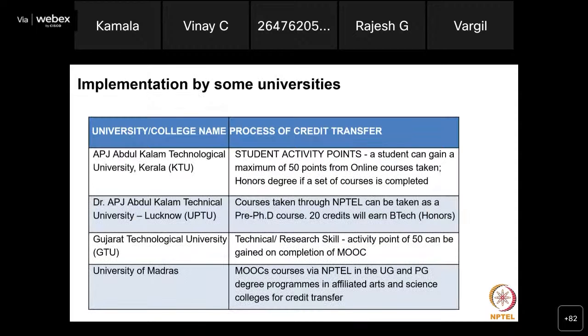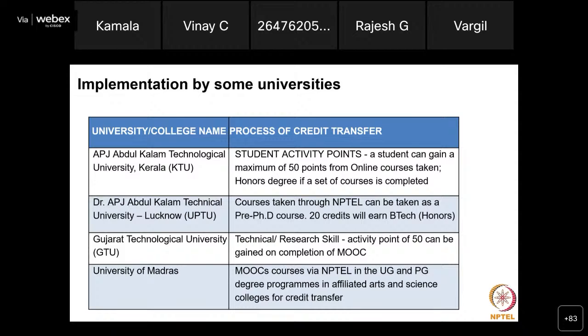For example, APJ Abdul Kalam Technological University in Kerala has something called student activity points. 50 points are given if you complete one online course. They have to gain about 250 points across 3 or 4 years. So if a student takes 2 courses, that will be 100 points.